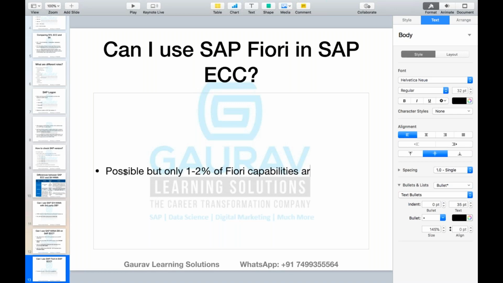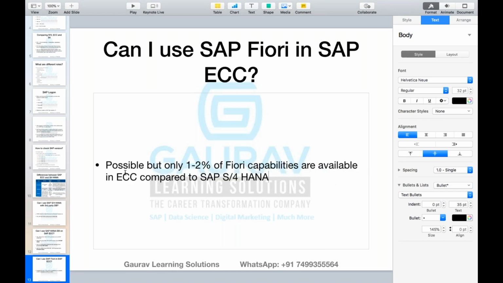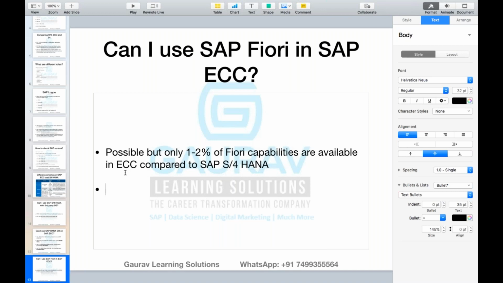In S4HANA, Fiori is very advanced Fiori. It's not just for the namesake. There are a lot of functions that you can do in Fiori when it comes to SAP S4HANA. But when it comes to ECC, although it is practically possible to use Fiori, only 1 or 2% of those features are available. I'll give you the reason. Don't worry about what I'm writing here. We will talk in detail when we have the Fiori session. In Fiori, just remember as of now,